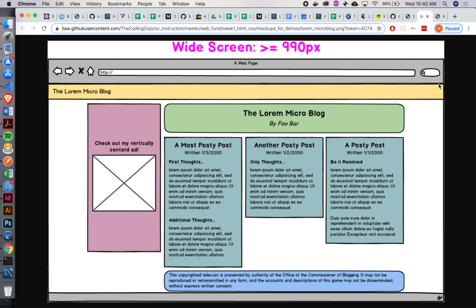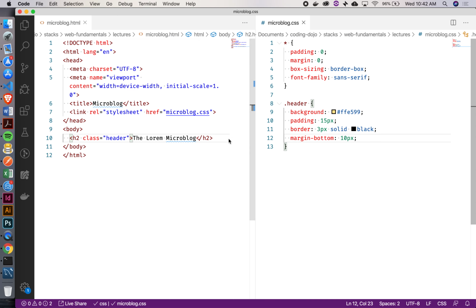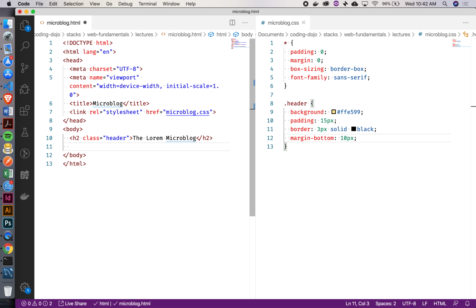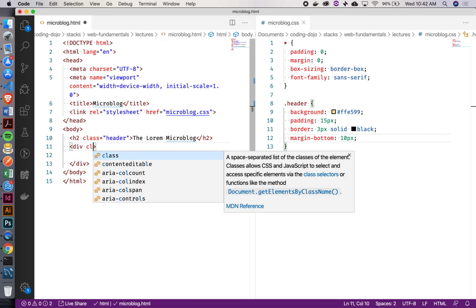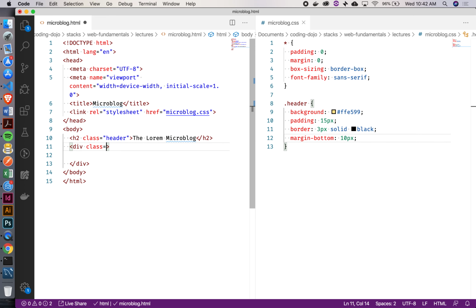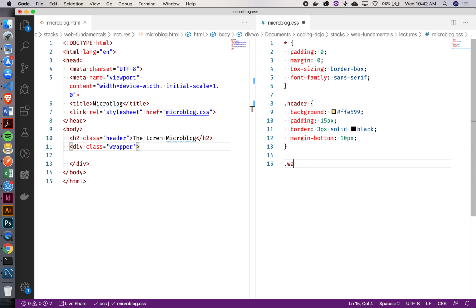And then under that, what we were talking about is let's just have a container that sort of holds everything underneath this thing, right? Because everything else is going to be shifted in from the outer bounds. Okay, so under this, let's just create a div, which is going to hold everything. And I'll go ahead and give this a class of wrapper, since it is essentially wrapping everything, right? Our wrapper class, oops,